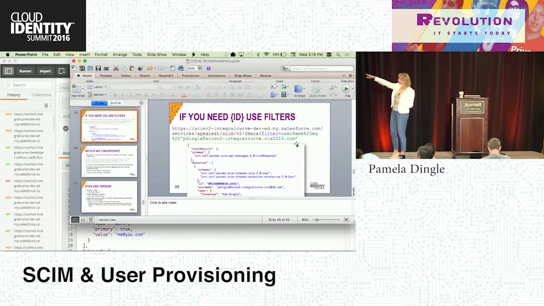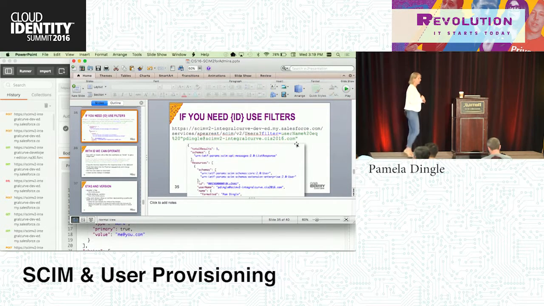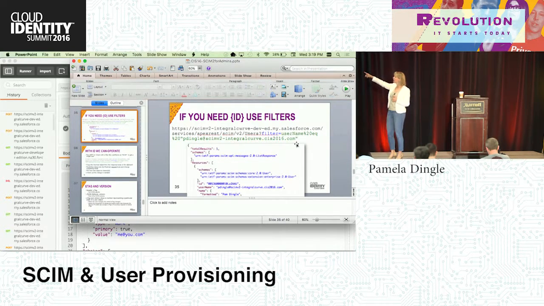So you can see here, it's essentially a parameter called $filter equals. And what you need to put after that is a URL encoded search term. In this case, we have userName space equals space and my username. If you perform that search, you're going to find my user. Now, this is a curl call, right? This is a command line call. So I've had to escape the spaces to %20. If you do it in Postman, you don't have to do that, right? You can actually construct it.